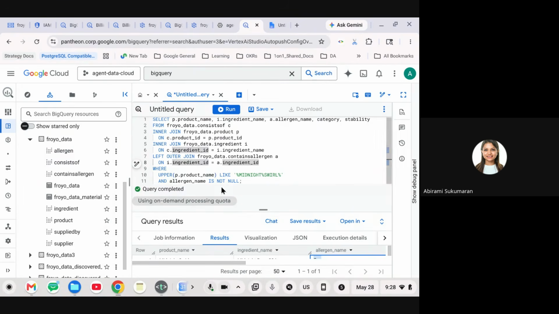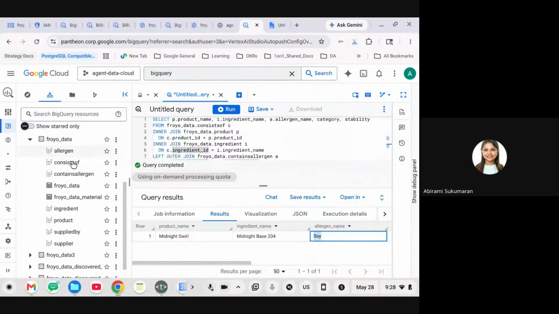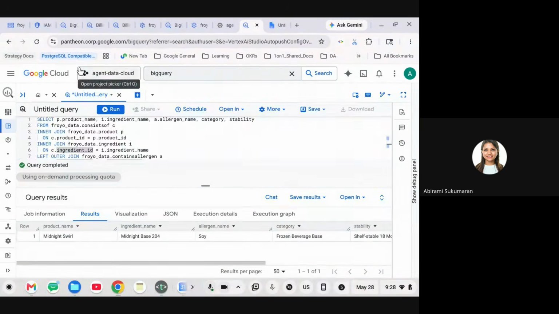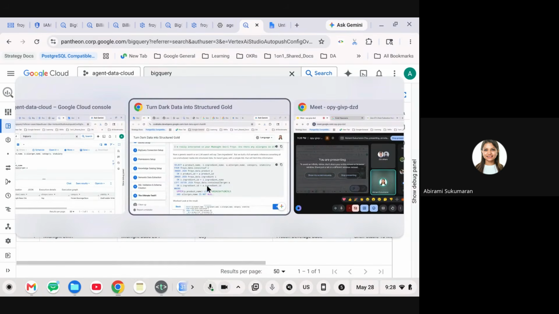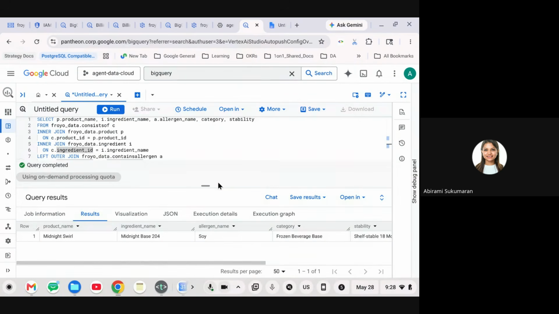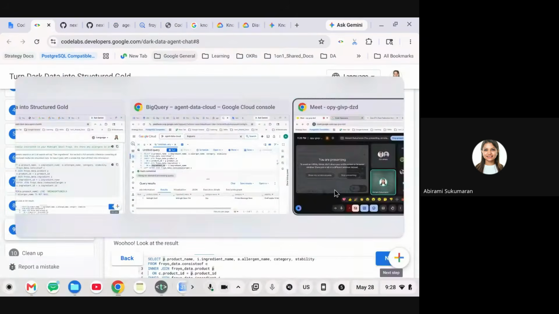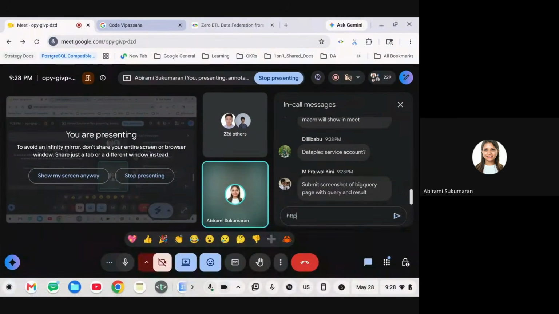One is already done today. So this is what you need to submit as a result today. What you're seeing on my screen right now, along with your project name showing in the top left corner. So this is what you need to submit: the query, the result, along with the project name showing in the project picker. Where will you submit? All that information was already sent to you. It is also there in the pinned message today. If you don't know that, it's go.gle/result-validation. I'll send that link to you here as well.